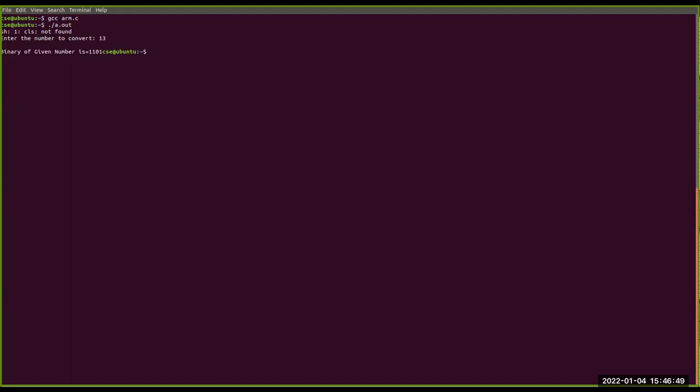So we can do it vice versa: in the last binary to decimal conversion we gave the input 1101 and got 13 in decimal. In the similar case, we put the value 13 and get the same value 1101 as the output. So the code was correct and we are getting the correct value, right?